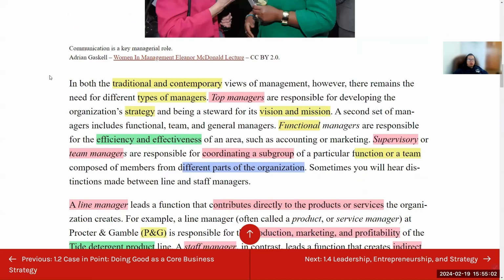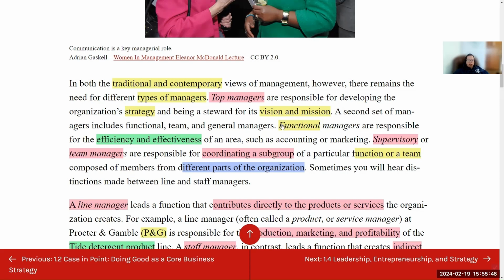All right. So the traditional or contemporary views of management break down into four major different types, or seven major, but basically it is a hierarchy. Always have people at the top who are in charge of strategy, vision, and mission. They're not normally dealing directly with employees. They're more directly dealing with the middle manager, so that is the manager of the manager. They make sure the big picture is articulated and broken down into goals and indicators that they can control.